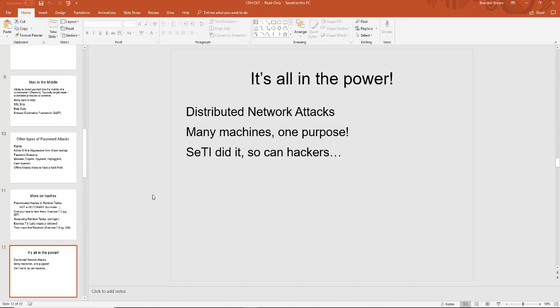So it's all about how much processing power you have. The more processing power you have, the shorter time it's going to take for you to crack a password. Distributed networks are the best. If you have a lot of computing power in the cloud through Amazon or through Azure or your own private cloud, you can purpose many machines